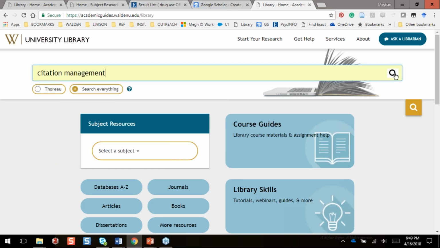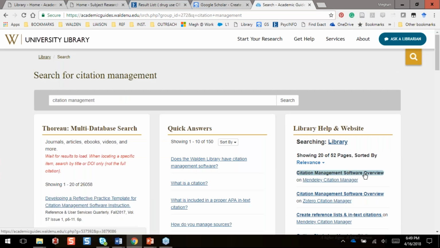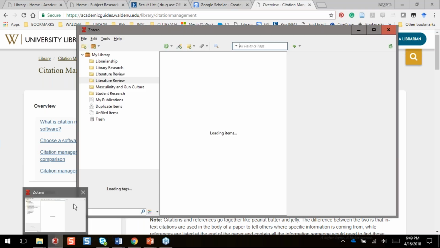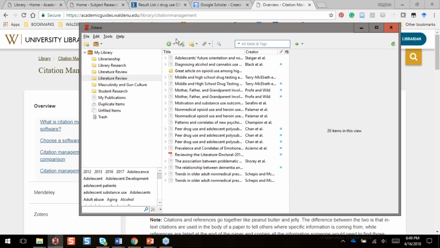So citation management software does what it sounds like it does, which is it does help you generate citations, but it can also help you keep track of all the articles that you're collecting. So let me show you really quickly an example of what this kind of software looks like. The kind that I have installed on my computer is Zotero. And this is what it looks like. It's just a little standalone window that I can